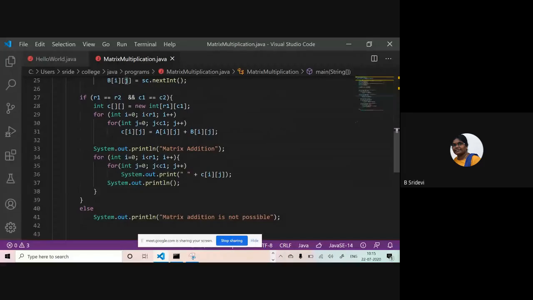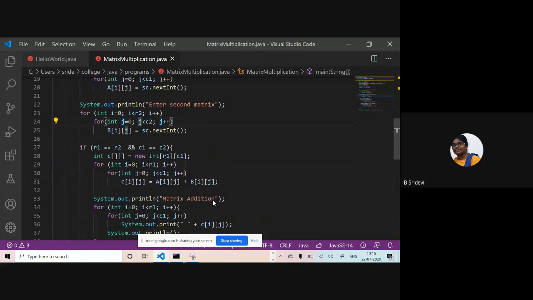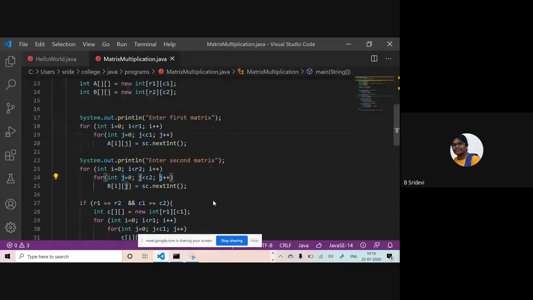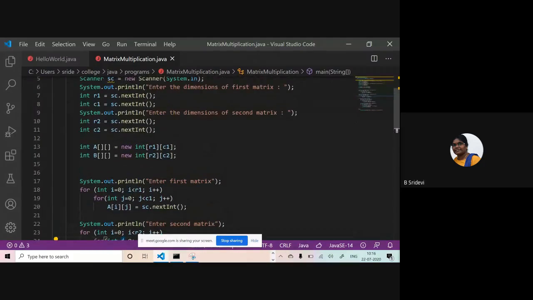So, what if I do this addition part and printing part as separate methods and I call them in main? Then it looks like a good program. That will become a good program. Okay. So, I want to change before you. Don't put everything in main. You just separate them into methods. So what I want to do is write a method for reading a matrix.